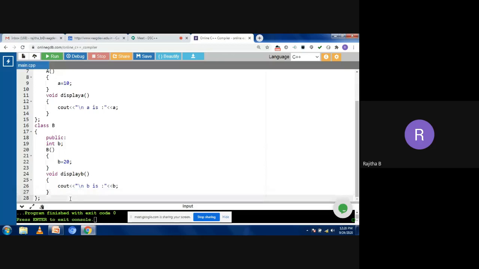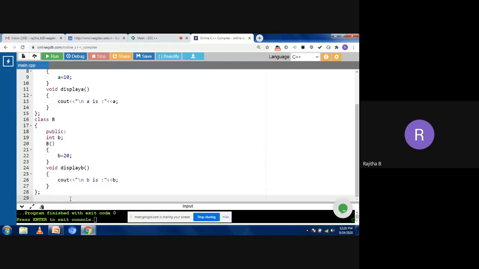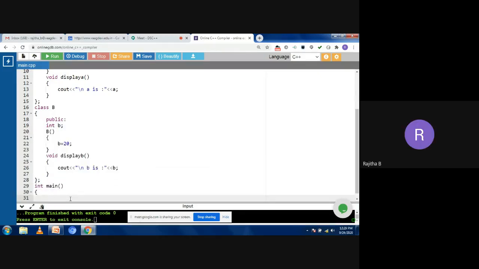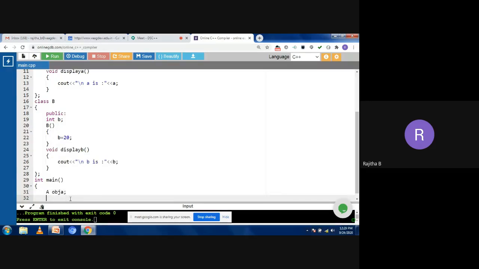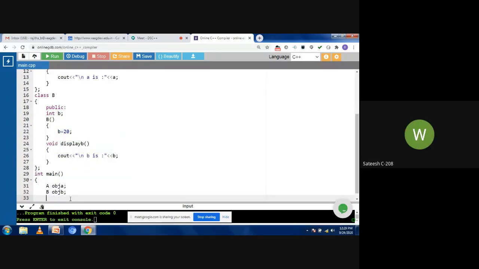Next, we need to take the main function. Into main I'm going to create the objects for class A as well as class B. My first class name is A, so I'm taking that object as objA, and I'm creating the B class object objB.